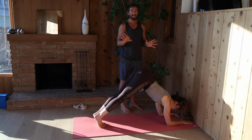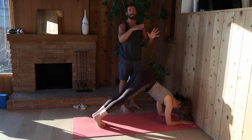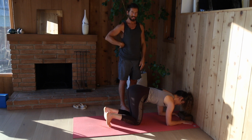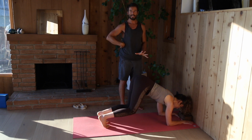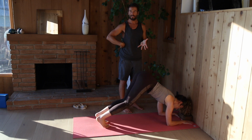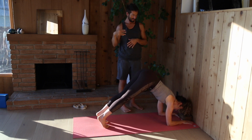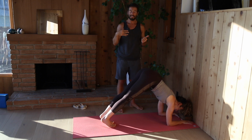Now, you don't just go right back to it. You have to make sure: okay, I've got the shoulders, I've got my neck, I've got all that set up. And then I lift up just a little, do I still have it? And then I start to go. If you have a sloppy foundation, whatever you build on is going to end up sloppy. Now see if you can walk in closer,